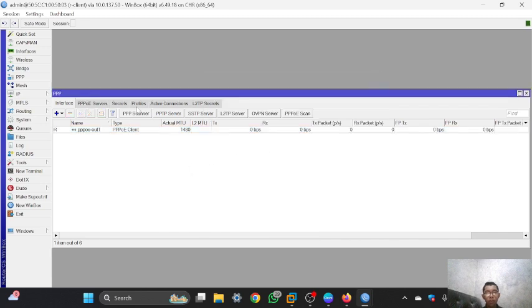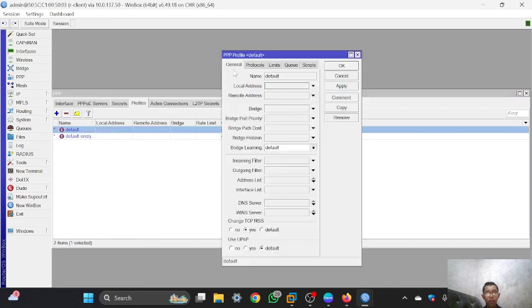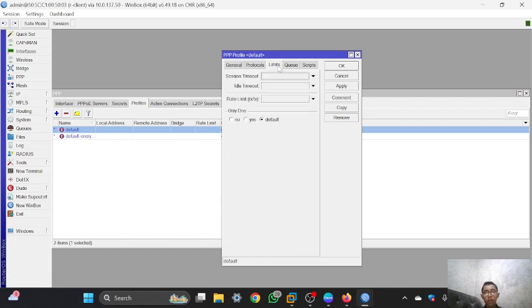You can go to profile in the PPP and then profile. Because the interface is using the default, you can open default, and in here you can change it, and then you can go to the limits, and then there is rate limit. You can type whatever you want for setting the bandwidth.